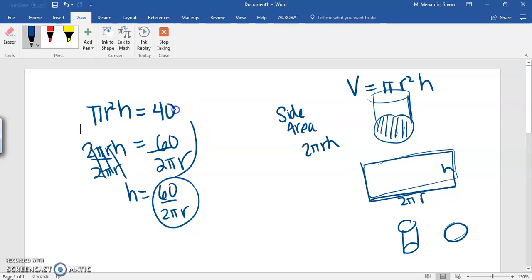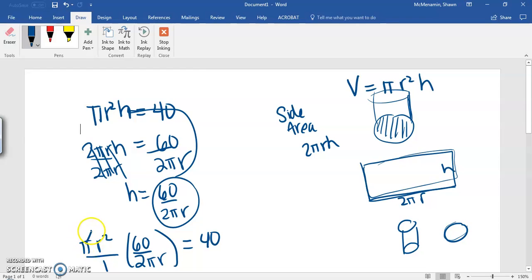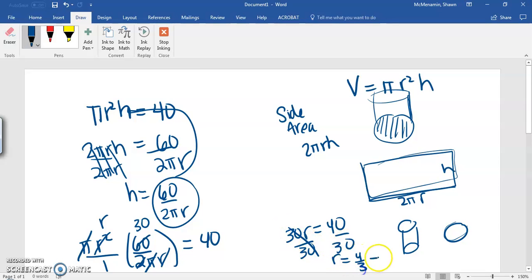You substitute this in for h. So you get pi r squared, and then h is 60 divided by 2 pi r, equals 40. Now this is over 1, so the pi cancels out here. The r cancels out with one of them and leaves you with 1 r on top. 2 goes into 60 30 times, so you have 30r equals 40, and you get r equals 4 over 3, and you can use your calculator, but 4 divided by 3 gives you